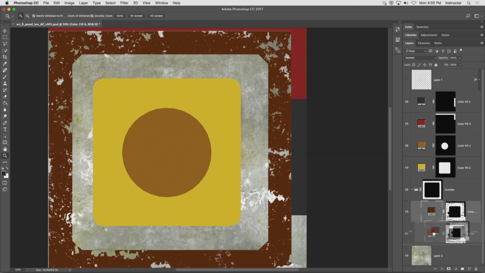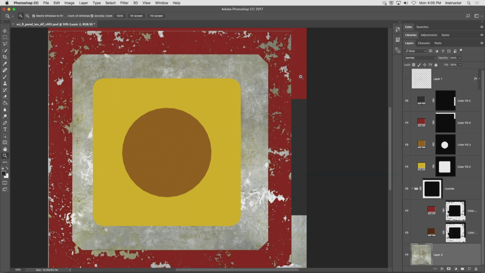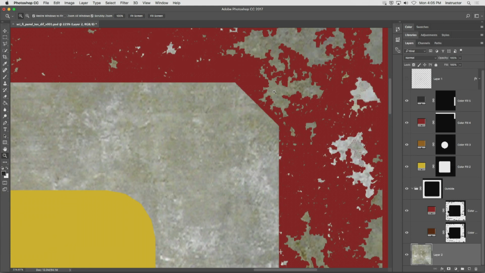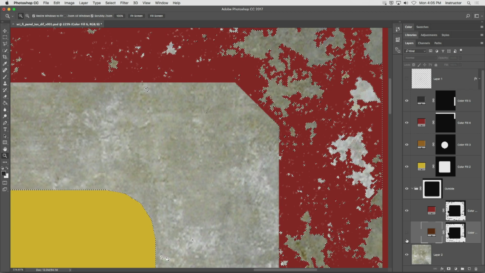Okay, let's put it underneath. Okay, now it's still kind of matching everything just absolutely perfectly. So what we could do here, perhaps, is extend the mask ever so slightly. Okay, so I selected the mask that's responsible for that orange color down here in my layers palette, and I'm